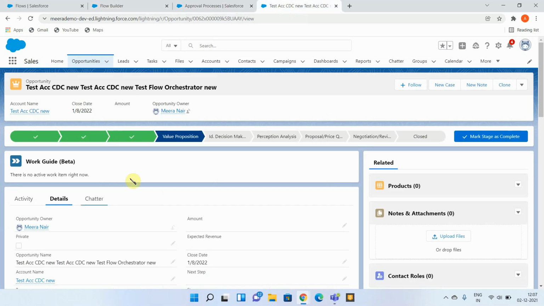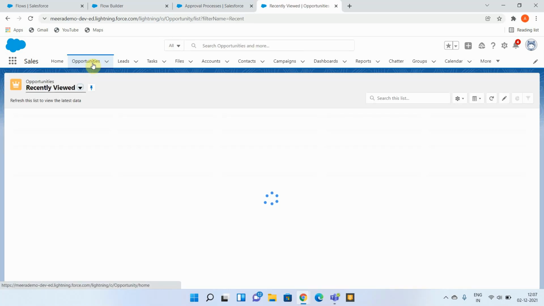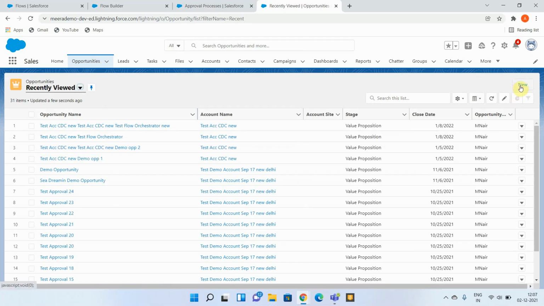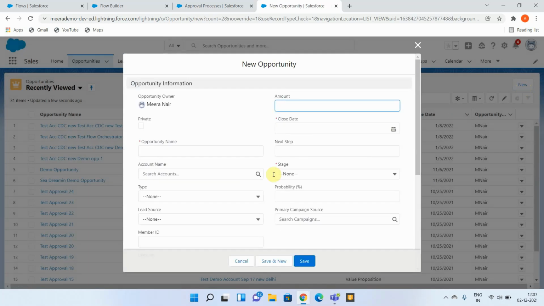This is an existing opportunity, and you can see work guide is where the active Flow Orchestrator actions for the current user will be displayed. Now let us create a new opportunity. I am just going to populate the required fields.